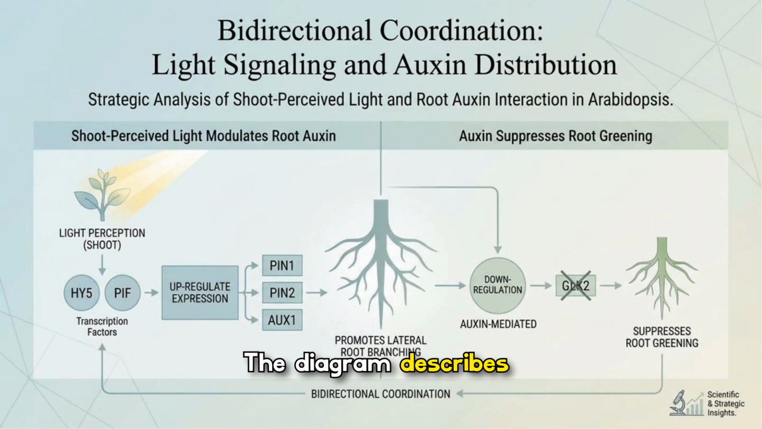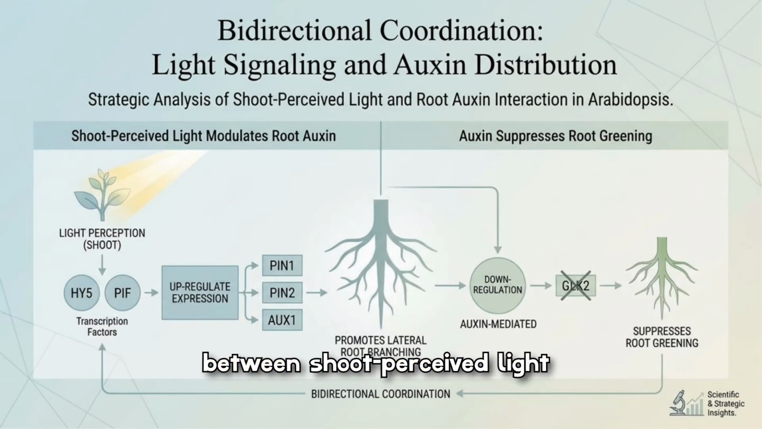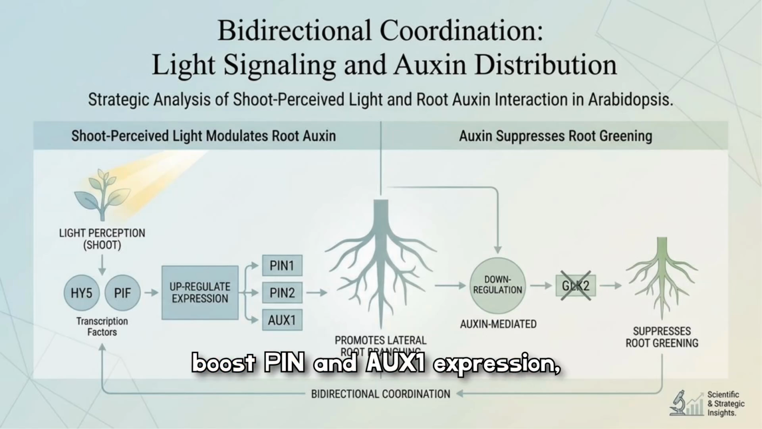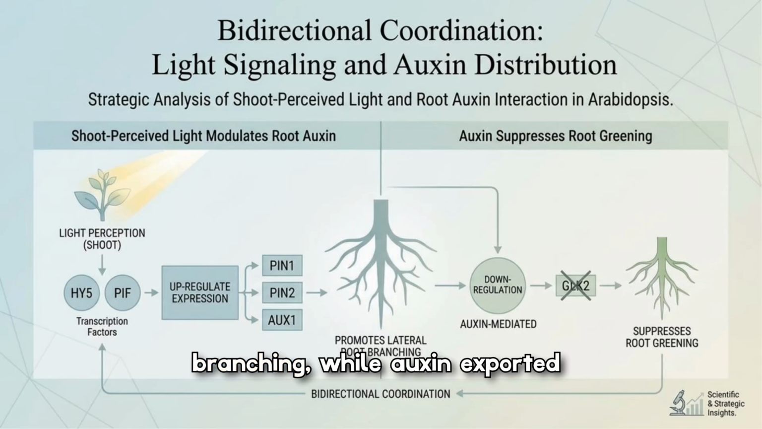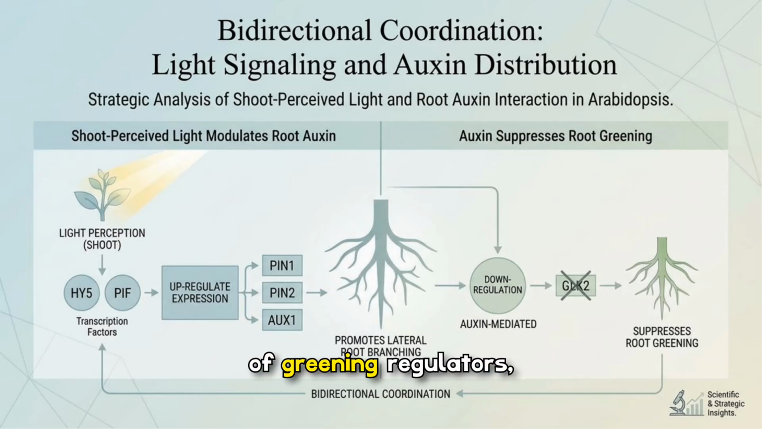The diagram describes bidirectional coordination between shoot-perceived light and root auxin distribution. Light signals in the shoot modify transcriptional networks that boost PIN and AUX1 expression, promoting lateral root branching, while auxin exported from the shoot can suppress root greening via downregulation of greening regulators, demonstrating coordinated signaling across organs to balance